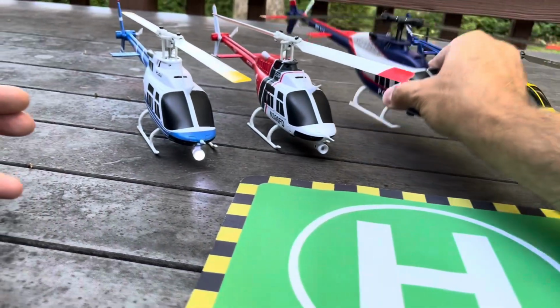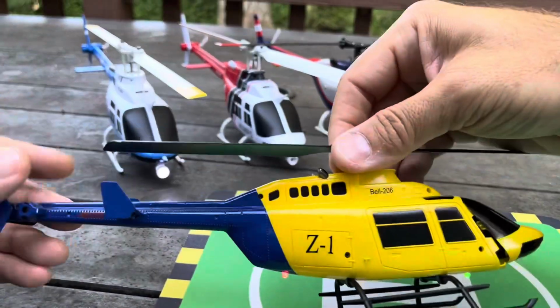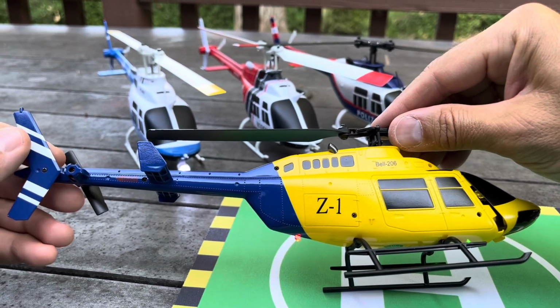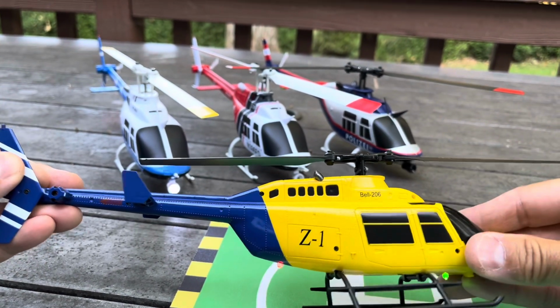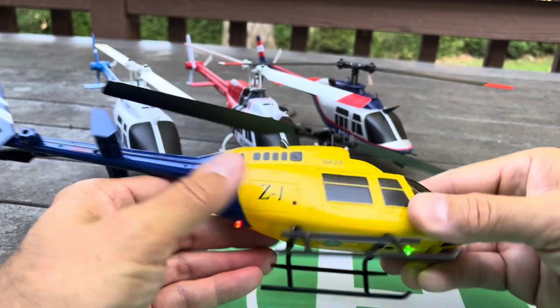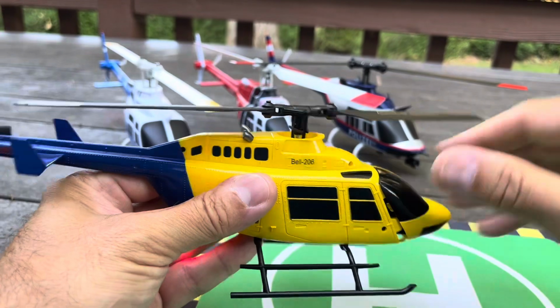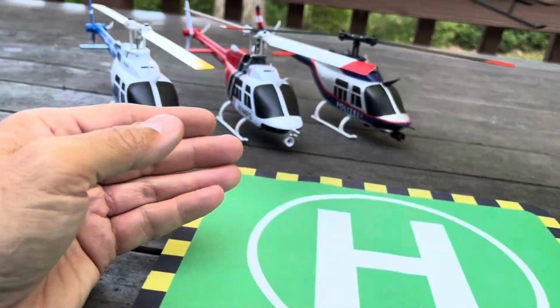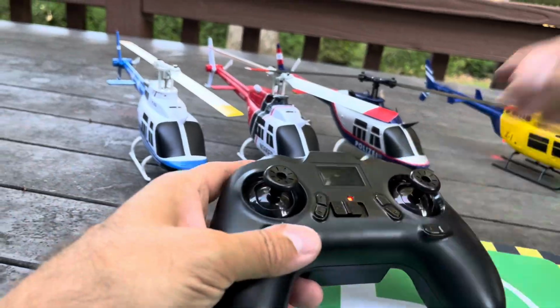I have no idea who builds this Z1. I used to think it's Yujang, but they denied it. The only reason I thought it was Yujang is because of the build. Maybe that's something they came up with and then they sold the rights to some other company. I don't know how it works in China. But the radio, oops,